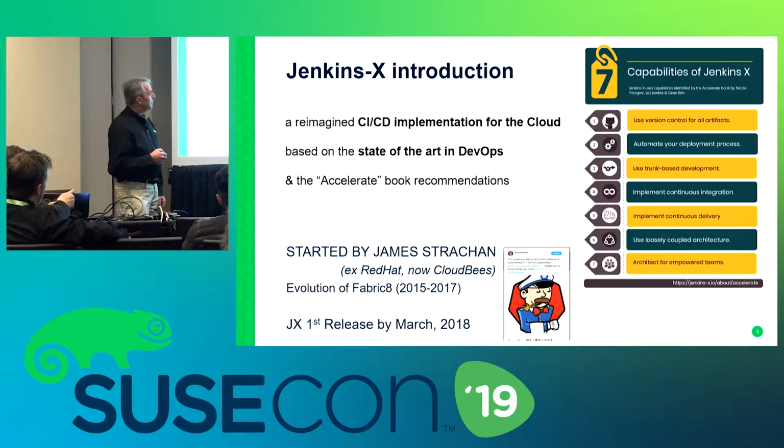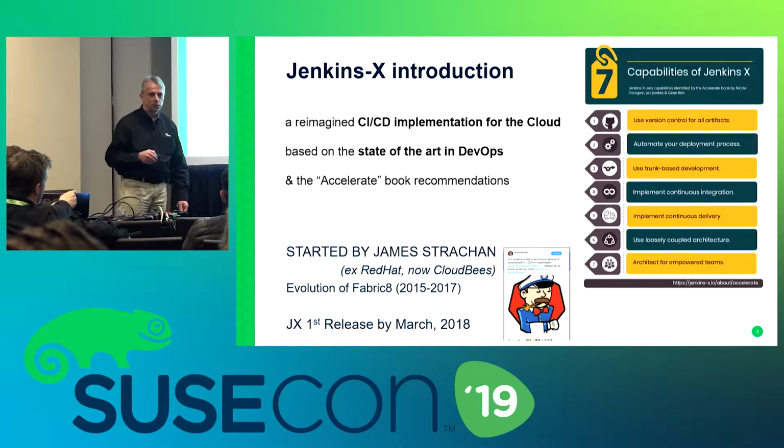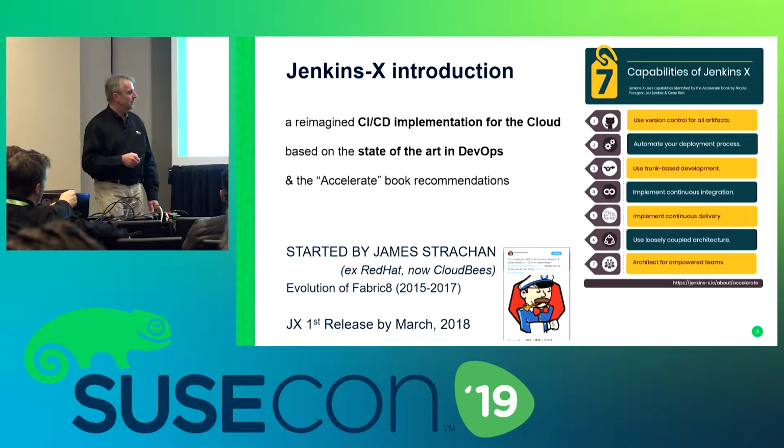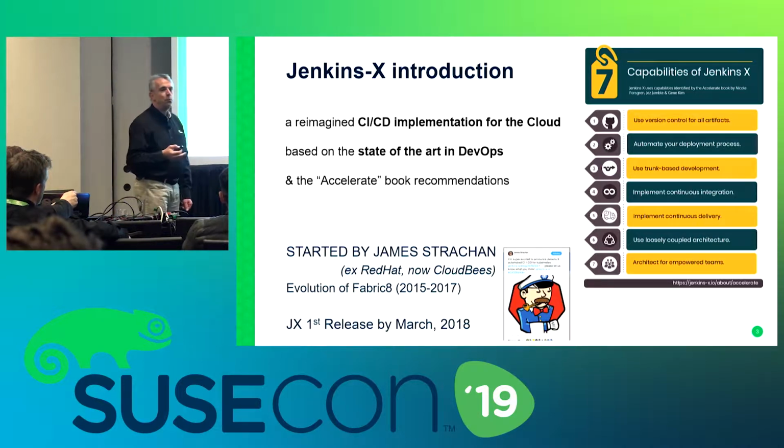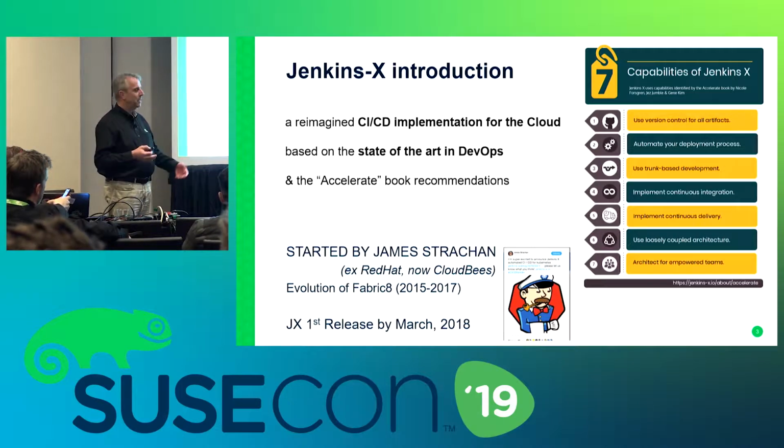So how did this project come about? In fact, it was started by James Strachan, who was before working at Red Hat. And in fact, now he left and is at CloudBees. This project is coming historically from a kind of development with OpenShift. It was a kind of pre-development of some features that have been integrated afterwards in OpenShift, but now